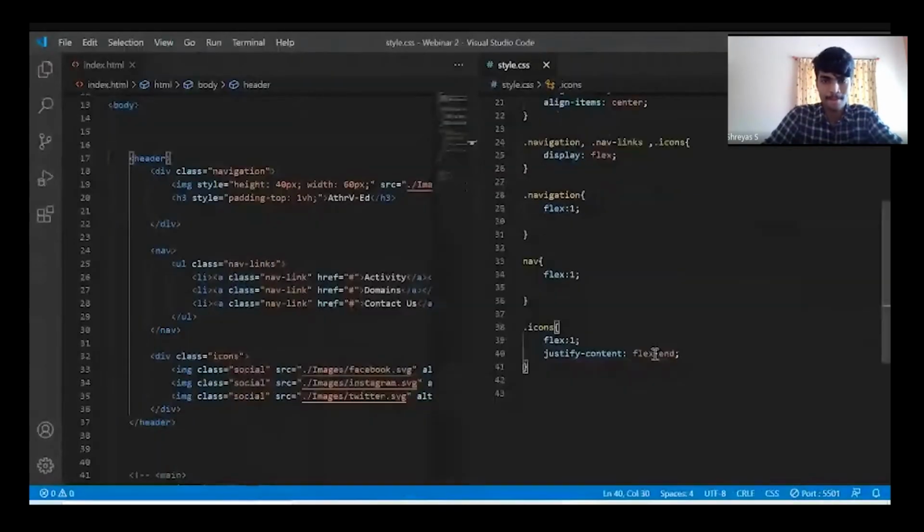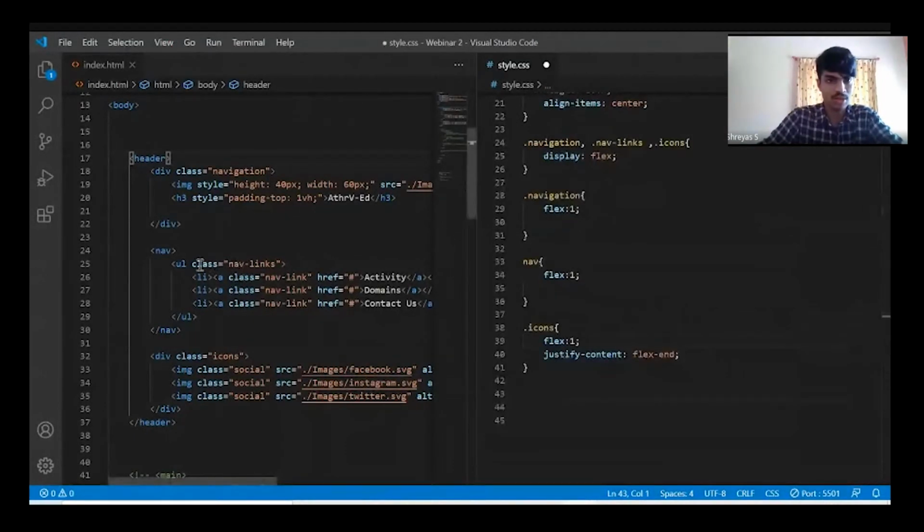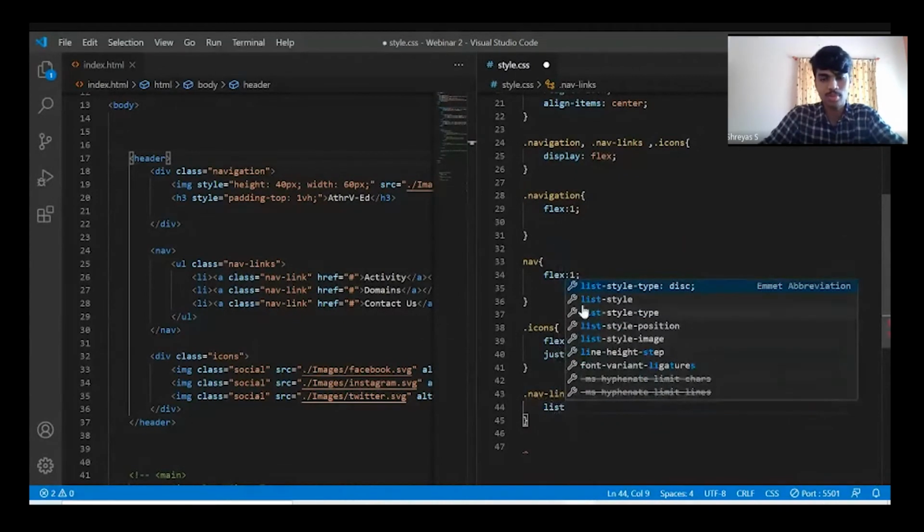So how to do that? To style it individually, we can make use of the classes navlinks and navlink, two classes which have been defined. So using navlinks, there is something called list style. There is no need to remember all the properties. If you just remember the starting part, then Visual Studio Code will help you out.